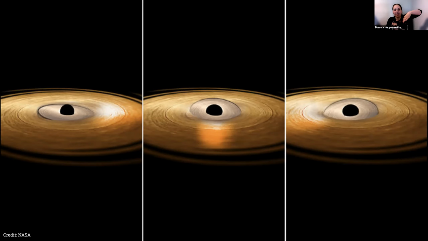And then what this inner disk does is basically illuminate bits of the outer disk, and it also turns, so you get this illuminated spot on the disk that moves around,